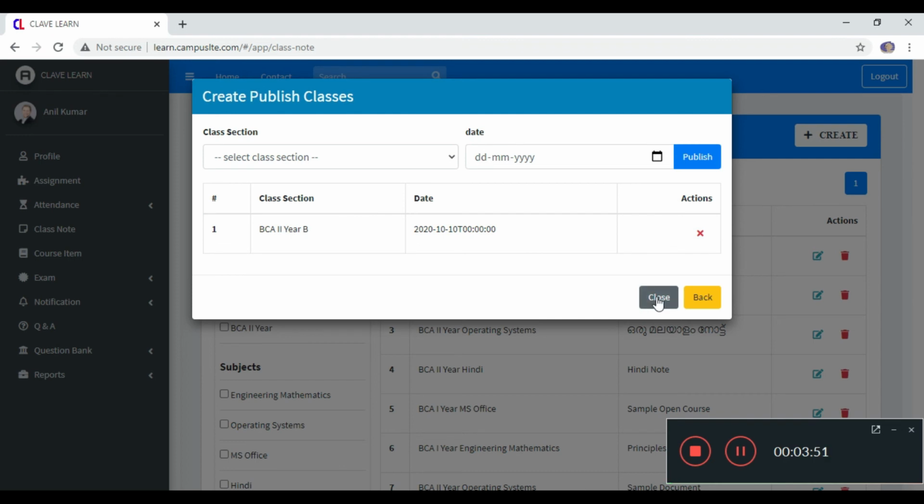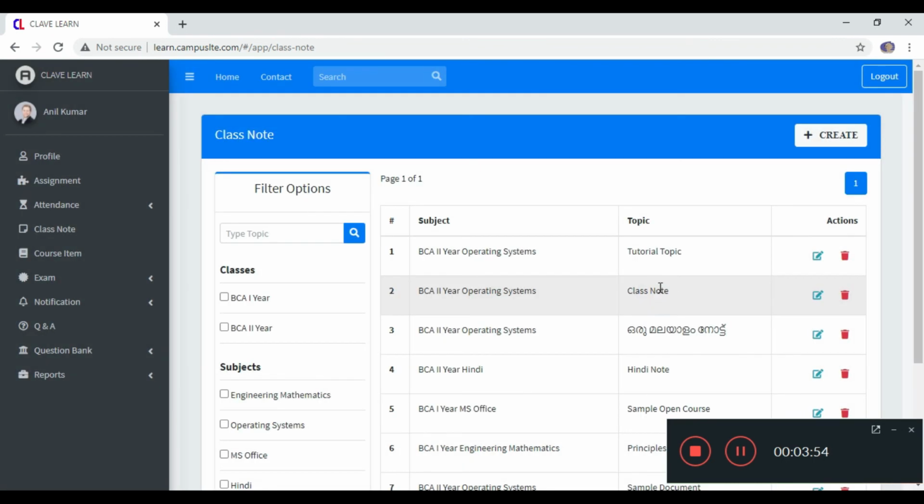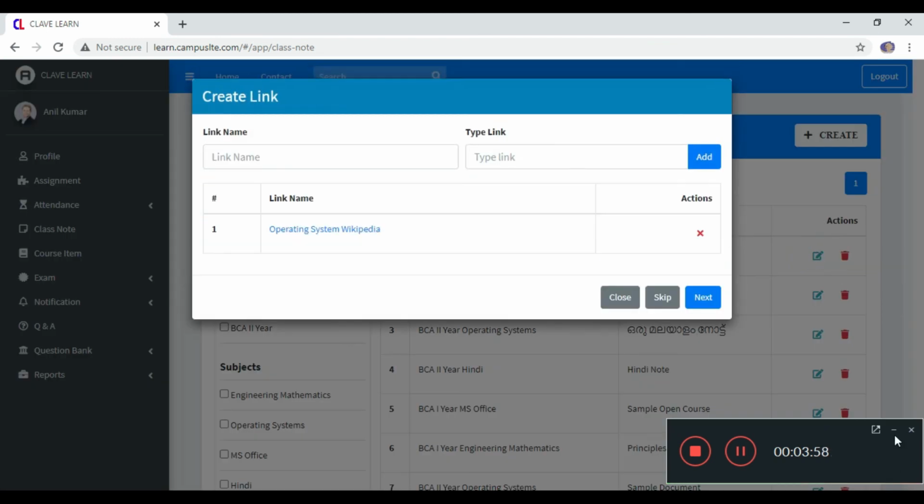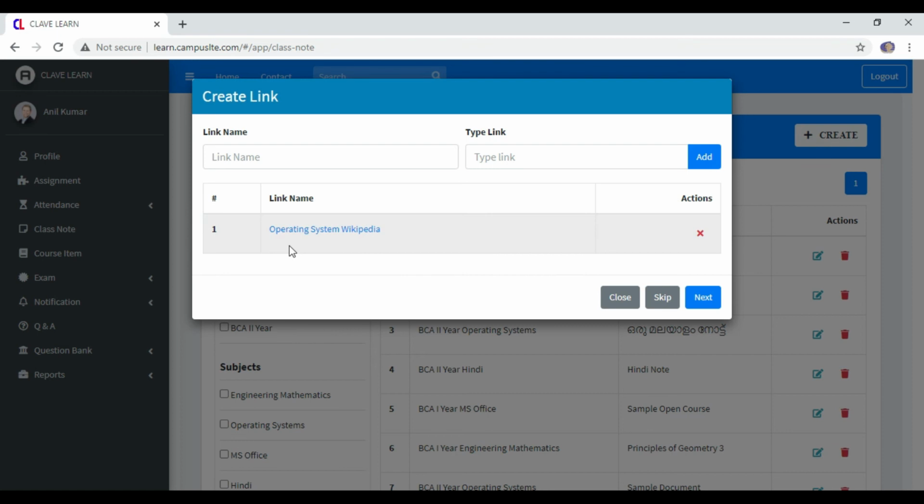This is all about creating a class note, and if the teacher wishes, they can edit it by adding documents, images, or can make any changes further if needed.